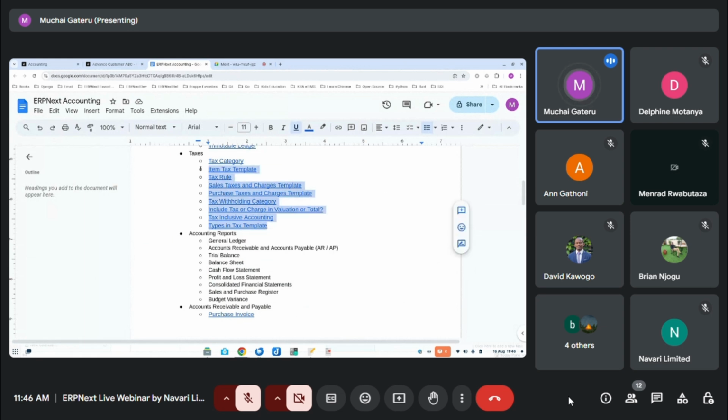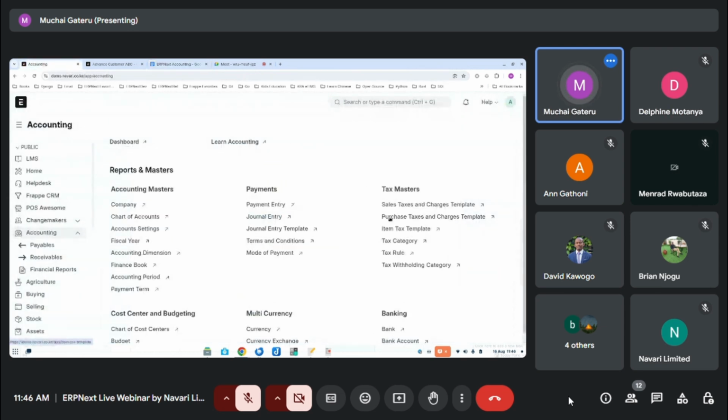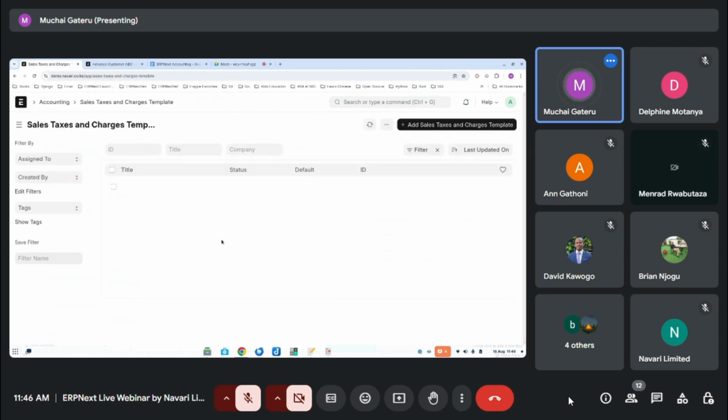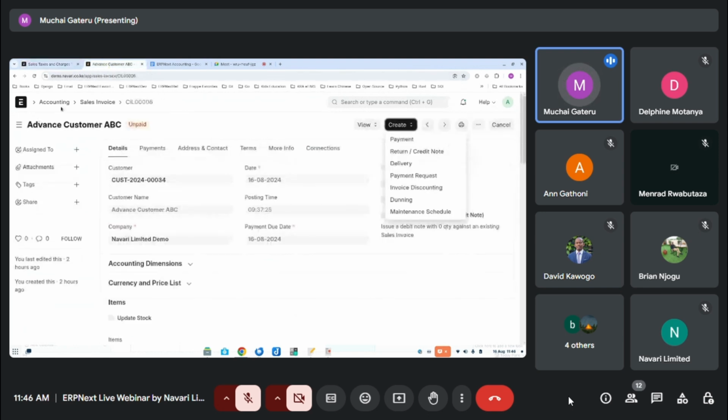Maybe I'll talk a bit more about this. There's what we call tax category account. I'll come to that. But generally, what you do when you're defining taxes is there are three major category templates you can use, for example. So you can do what we call sales taxes and charges template, purchase taxes and charges template. Rarely will you use this, frankly, or at least we rarely use them on our site, for the simple reason, the assumption here is that if you're doing, say, a sales invoice, for example,